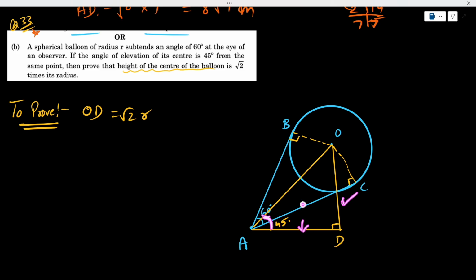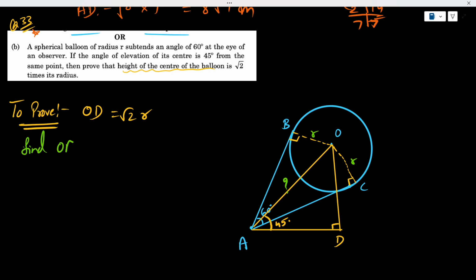If I have adjacent or hypotenuse, I can use trigonometric ratio to find out OD length. Now I know that it's difficult to get the length of AD because AD is not connected to the other triangle. But here there is another right triangle you see, because this is radius R, this is also radius R. If I can find out length of OA,